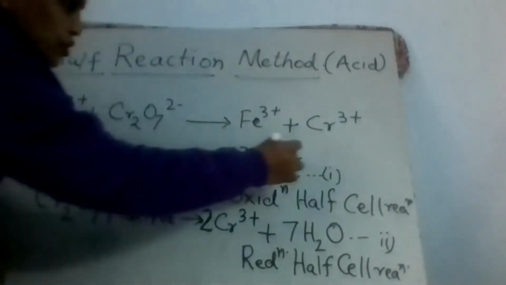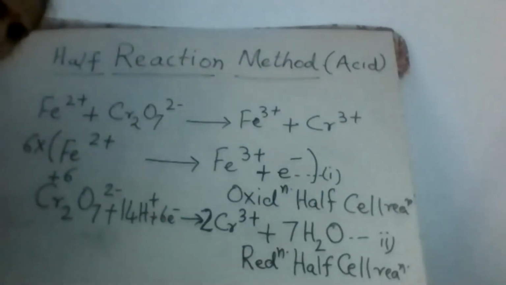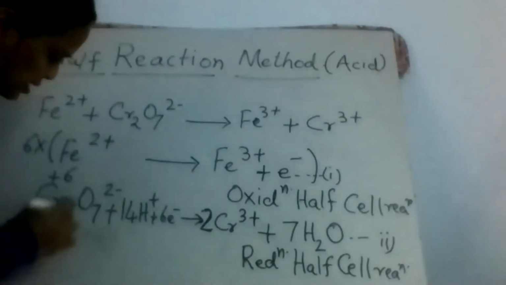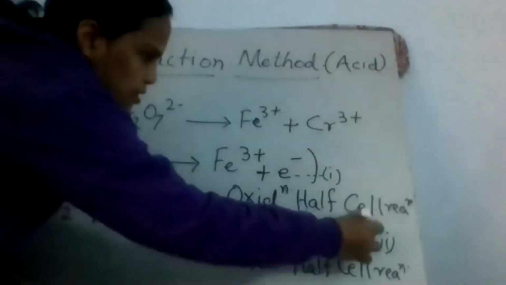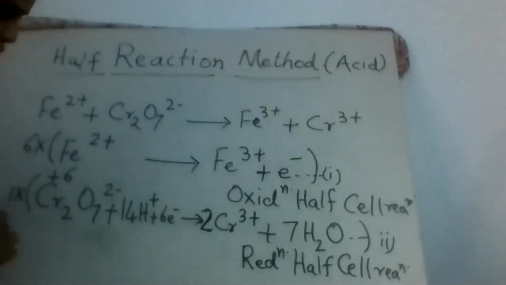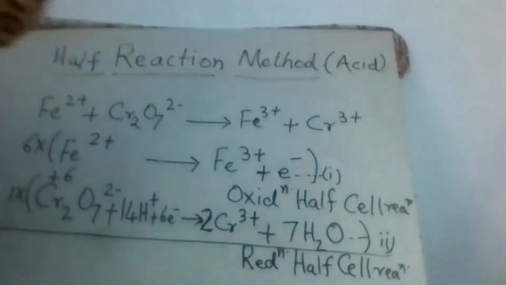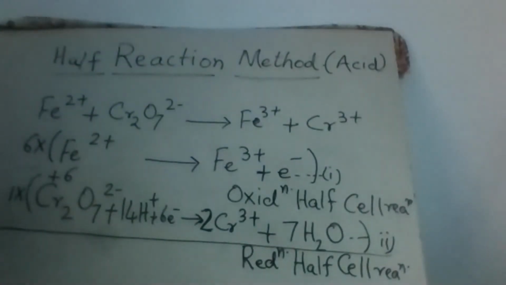I'll multiply equation 1 with 6 and equation 2 with 1. And we will add these 2 equations together. When you add, we get